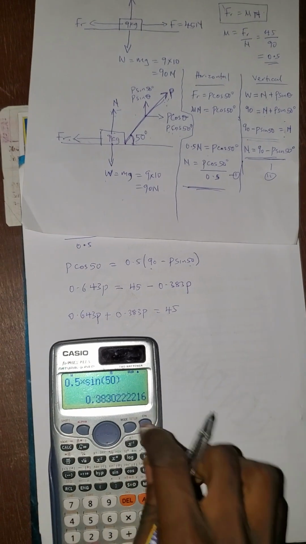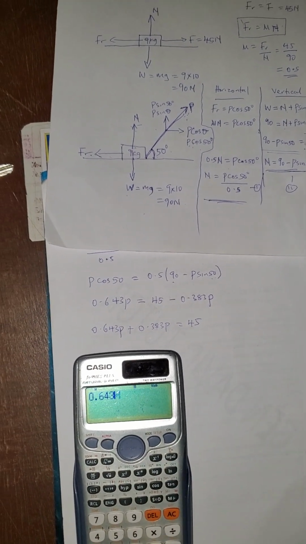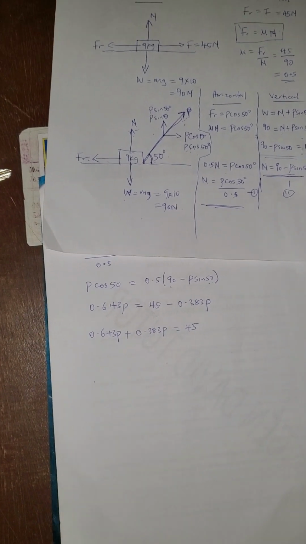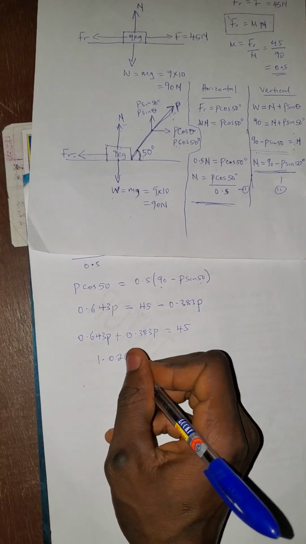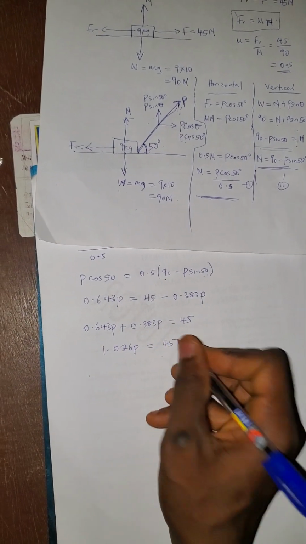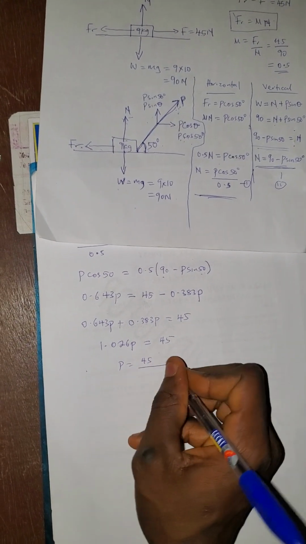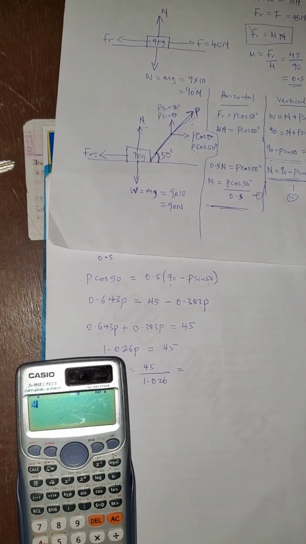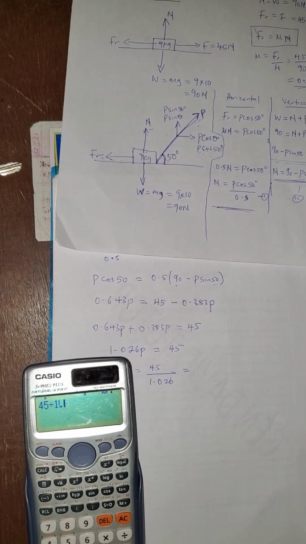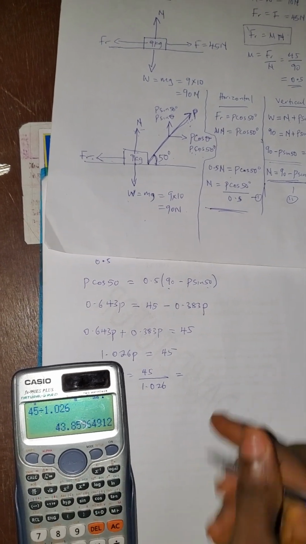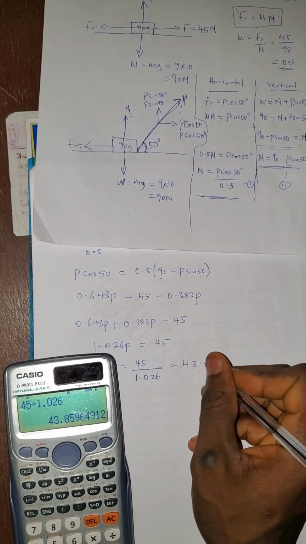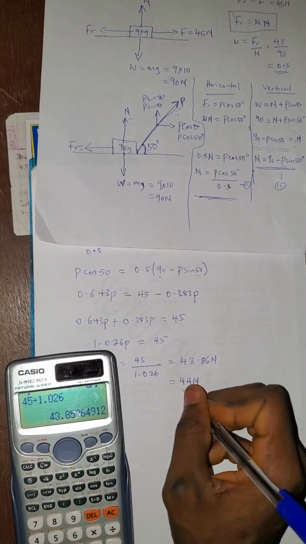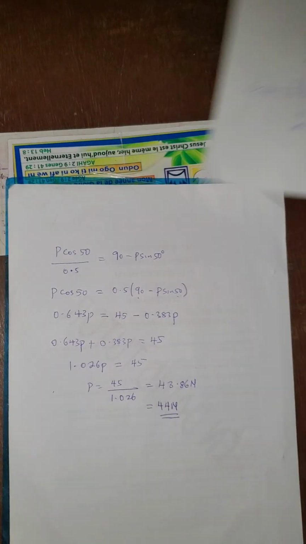So let us add this together. 0.643 plus 0.383 gives us 1.026. 1.026P is equal to 45. So P will now be 45 over 1.026. So we have 45 divided by 1.026. So the answer is 43.86 Newton, approximately 44 Newton. That's the required force, 44 Newton. So let's see